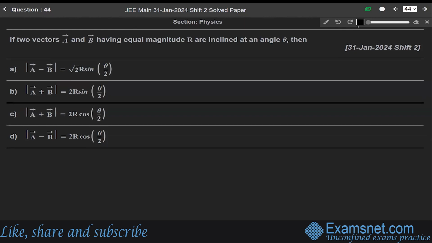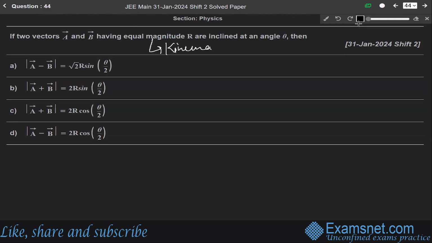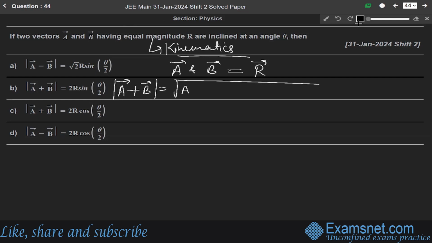Now the next question is 44. If two vectors A and B having equal magnitude R are inclined at an angle theta, then, so this question is from the chapter of kinematics again. We are given two vectors A and B, and both these vectors have equal magnitude R. First of all, let us find the modulus of the addition of these two vectors. For the addition, we have A plus B is equal to under root of A square plus B square plus